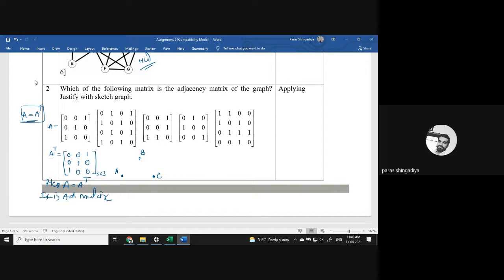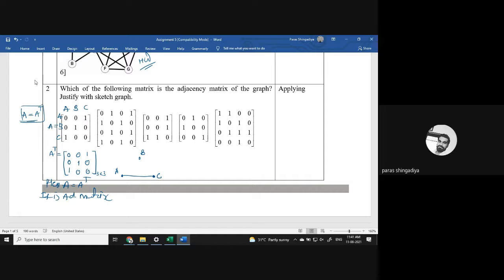connect them as per the entries of 1. Okay, as we know, the first row is for the first vertex. You can also put notation here if required. It is A, B, C, and the column is also the same, A, B, C. Clear? Now A to A is 0. What does it mean? There is no loop at A. Again, the A to B entry is also 0, means there is no edge between A and B. And A to C is 1, means there is an edge between A and C. So you have to connect A and C.